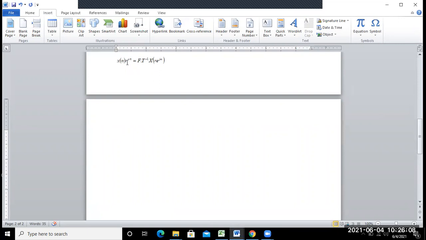If you move this r to the power minus n towards the right side, then we can just write down r to the power n. Okay. So xn equal to r to the power n, and you know that the inverse of the Fourier transform can be represented by 1 by 2 pi integration of X r e to the power j omega into e to the power j omega n d omega. Okay. So xn equal to